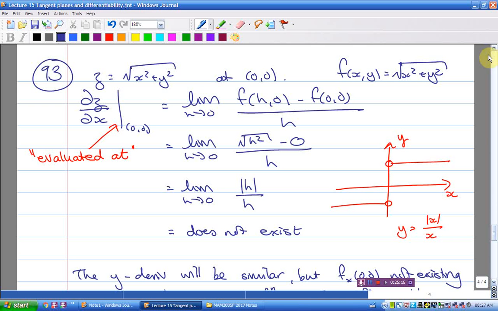So, baldly, the question is asking, is it differentiable? Secondly, if you knew it was a cone, you'd know it had a point. And then if you weren't convinced that points were not differentiable, then that. But 93, you'll see, is a very lonely little function because it's the only one in this suite of functions that kind of looks